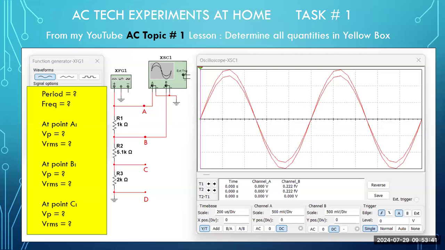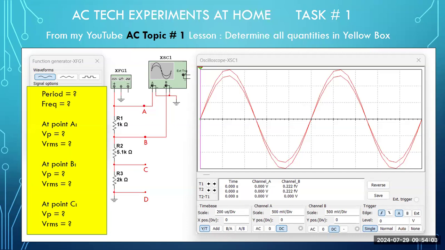So what are the objectives in the yellow box? You first need to determine something called period, which is the time for one cycle. Then you need to be able to determine frequency, which is the reciprocal of period. Then you need to be able to determine at various points, which I've marked with red lettering on the schematic